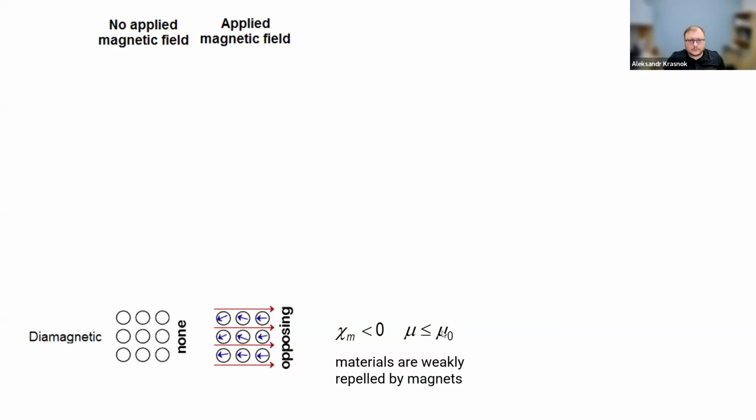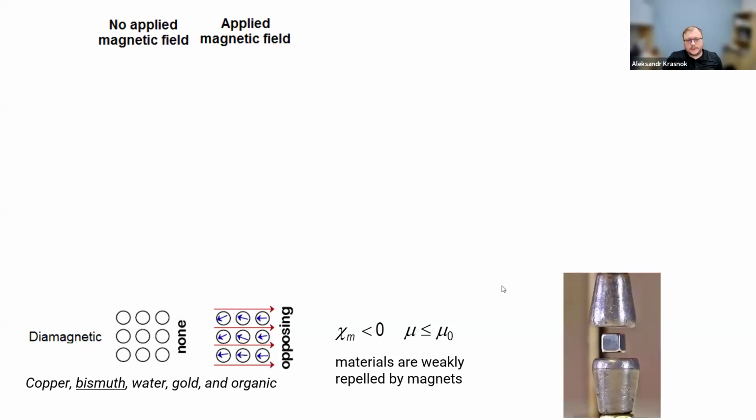Mu zero is the constant. Also, the fact that this material kind of resists the existence of the applied magnetic field leads to the fact that this material kind of repulses the magnetic field from itself, right? From the material. So it repulses it, and this repulsion leads to